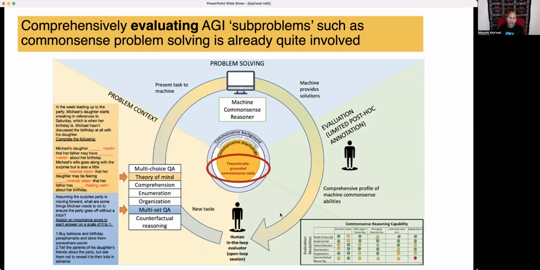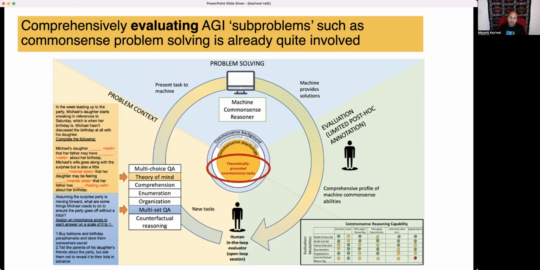It's almost like how a therapist talks to a patient or a client, right? Where you're not administering a survey, which is kind of how AI evaluations tend to look. Instead, we're saying that the Turing test really is a very good model in a way, where you're trying to converse with the model, but you're not trying to convince anyone that the model is a human being. So that's the goal of the Turing test in a way.